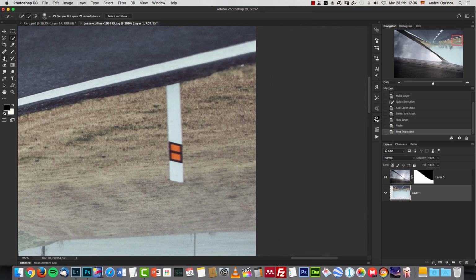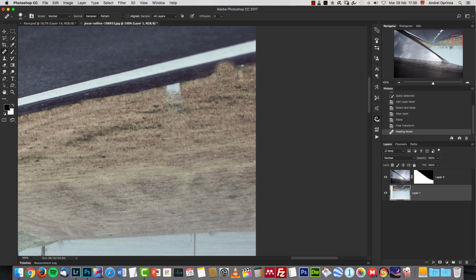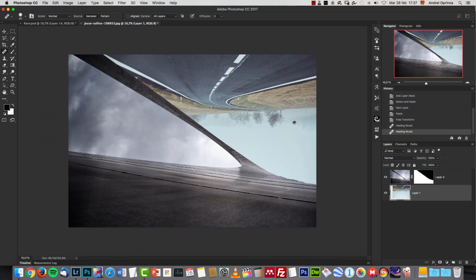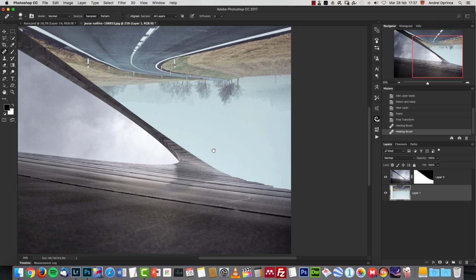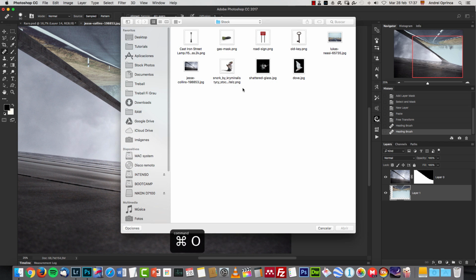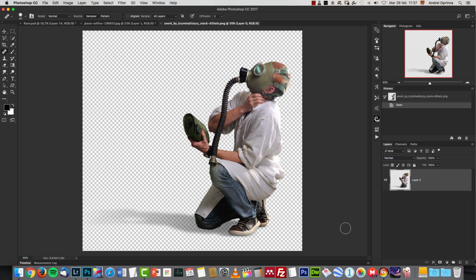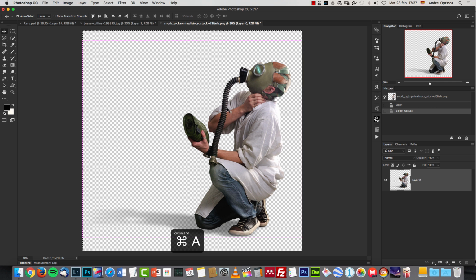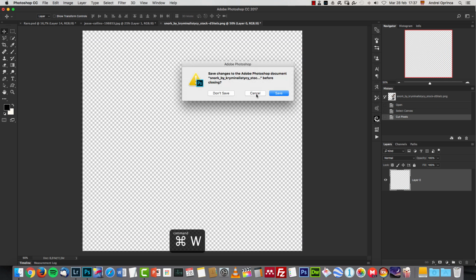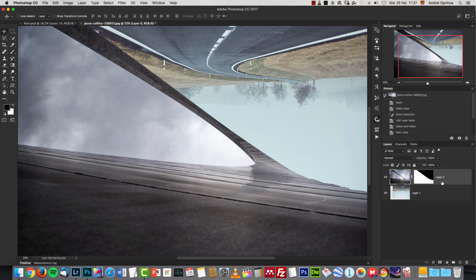And for this image, I want to remove this side over here. I'm gonna sample from there with the spot healing brush. And the next thing I'm gonna do is add the man over there. Luckily, it's a PNG file, so you don't have to extract it. I downloaded it like this from deviantart.com. On the website you'll find the link to it. And let's name this BG2. And this one